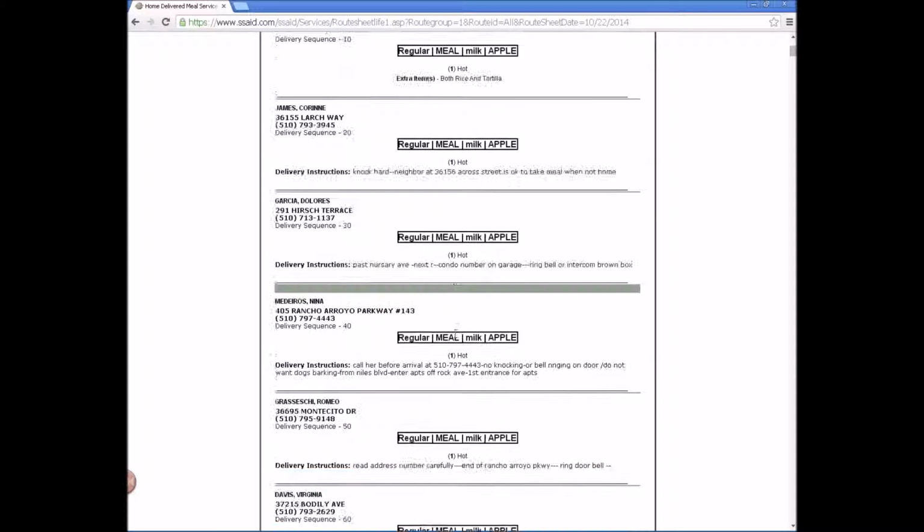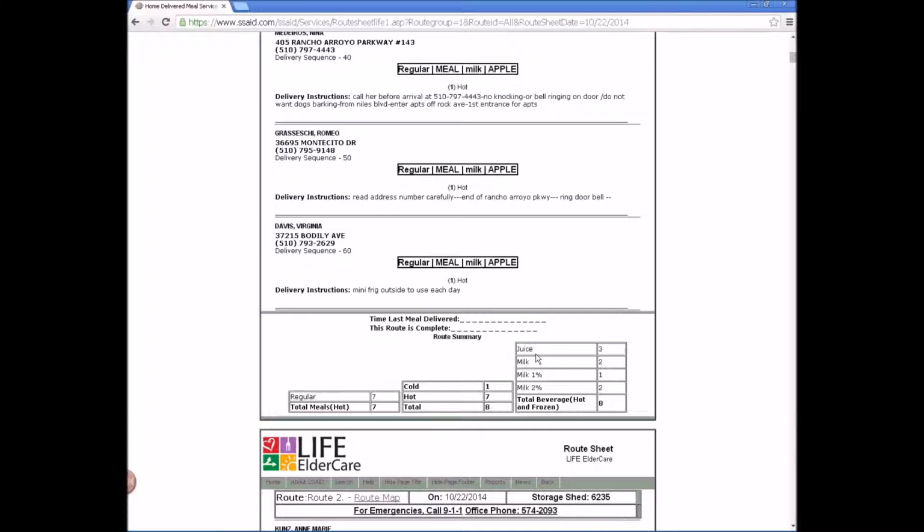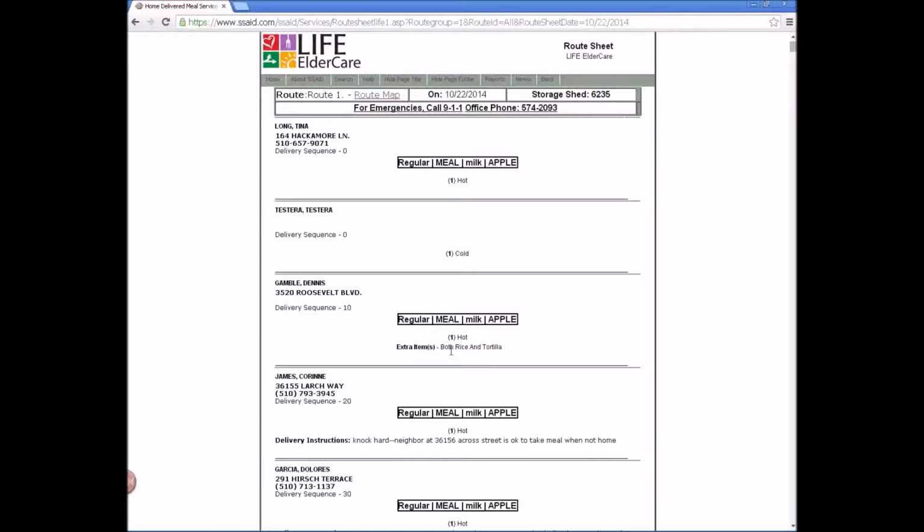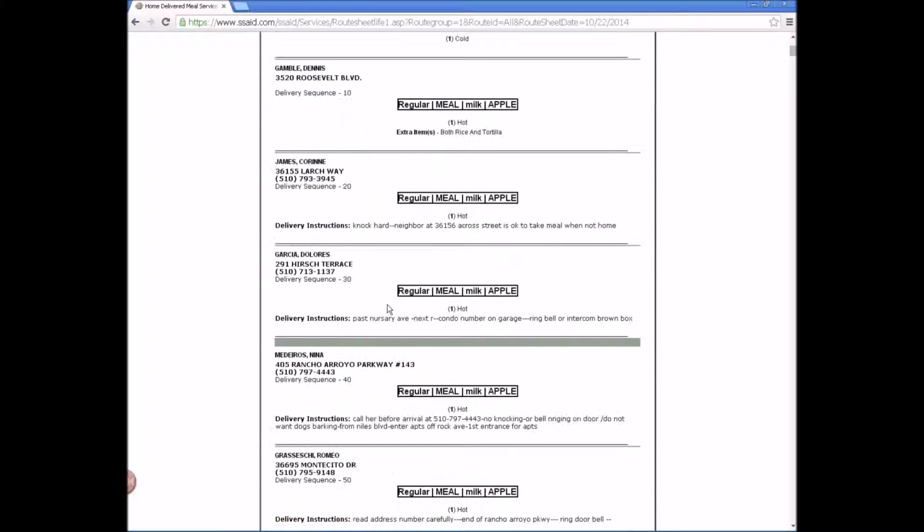And then we have a total here for that route, what kind of meals are being delivered. Okay, and you can verify it. It also says they get extra items. They want both rice and tortilla. So that is the